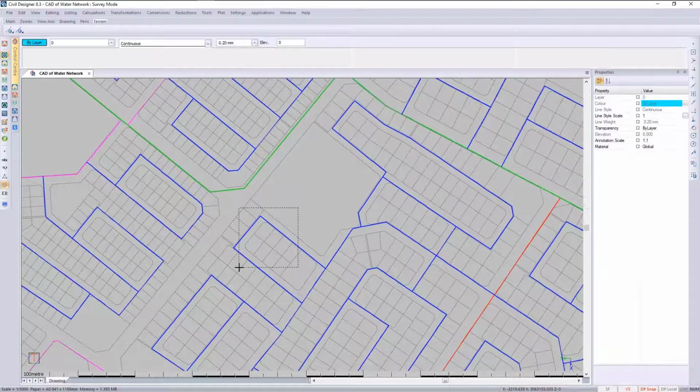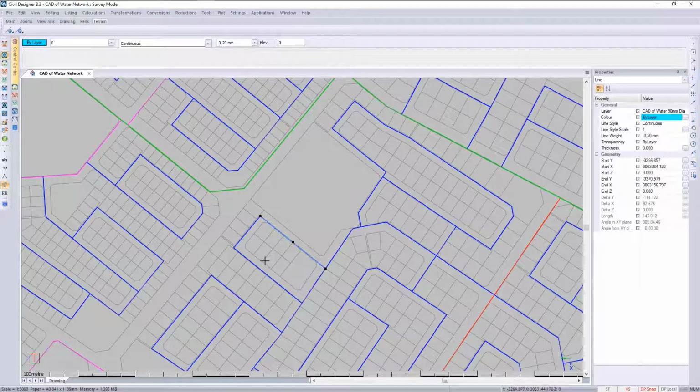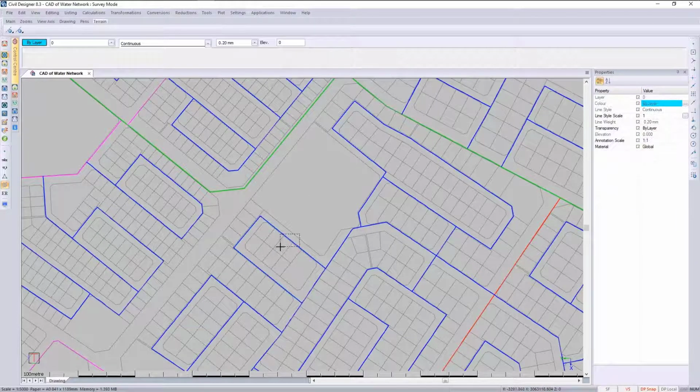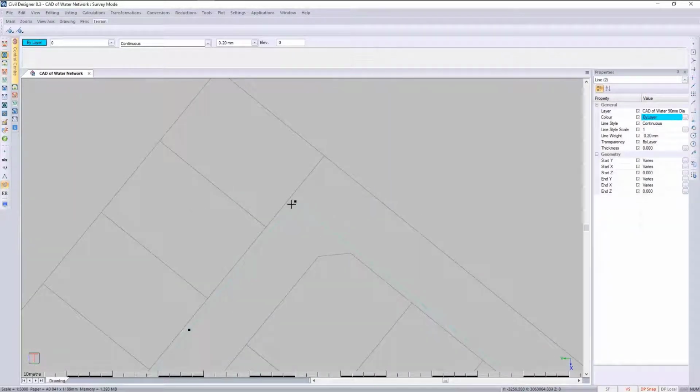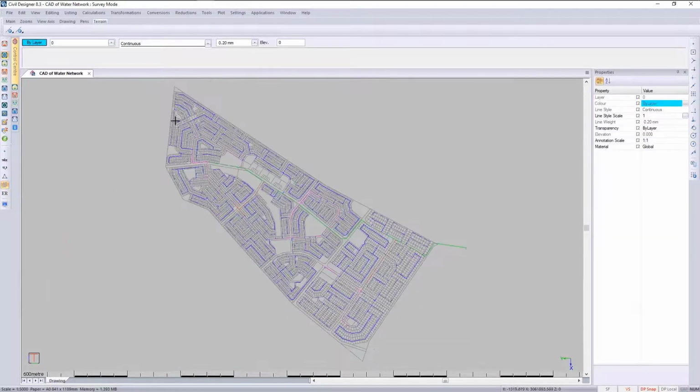If we look at this example here, you can see that it is independent CAD lines. You see there's 3. And at each vertex, or where the 2 vertices meet, a node will be drawn at that location. Great, let's go ahead and import these CAD elements and create a water network from them. I will go to water mode,